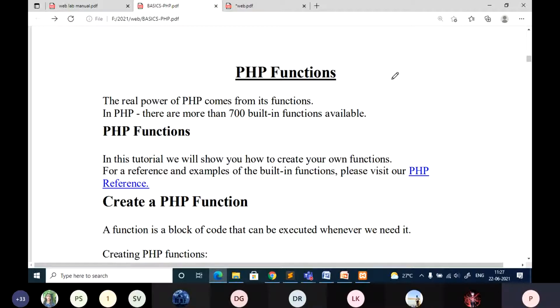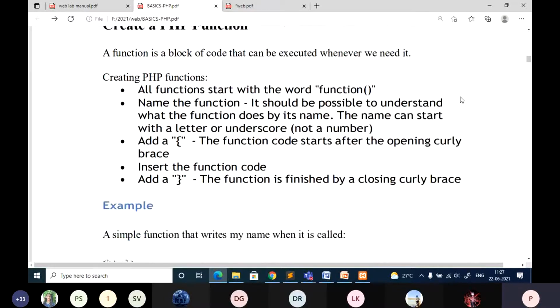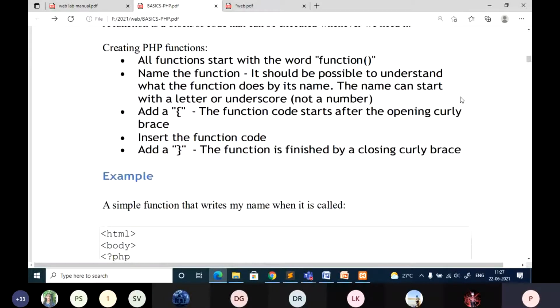So next we'll move on to functions. Everybody knows what a function is, so there is no need to repeat. Whenever you want to perform a particular task repeatedly, you can write a function. That particular task can be written as a function. The advantages of functions you are already familiar with. Here I am going to focus on how to represent functions in PHP.